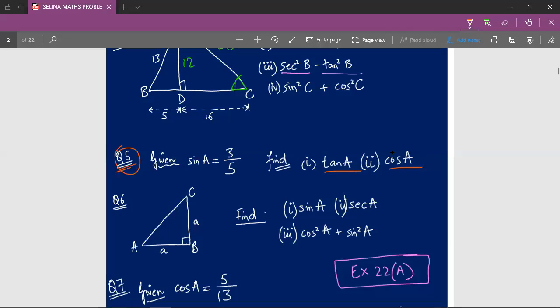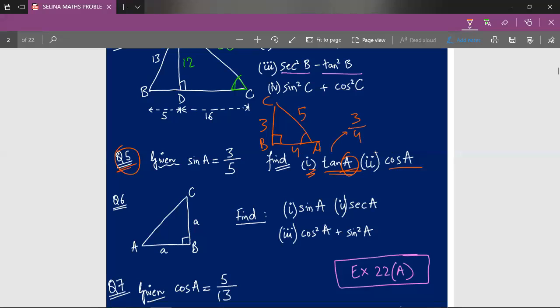So here it mentions that find tan A. So when we had drawn our right angle figure, hypotenuse was 5, our perpendicular was 3, and our base was 4. So tan A basically means that we'll first label the triangle. So once we have labeled our triangle, tan A basically means that the angle A should be to the ground, and once it is to the ground, all we have to do is, with respect to angle A, find tan A. Tan A is equal to 3 upon 4. Why? Because tan A or tan theta is equal to perpendicular upon base. So accordingly we have to find our value. This is equal to 3 upon 4.